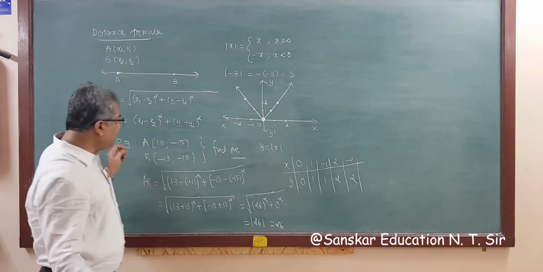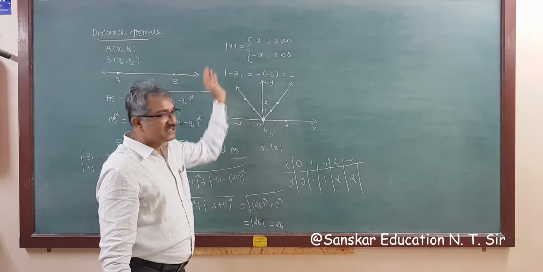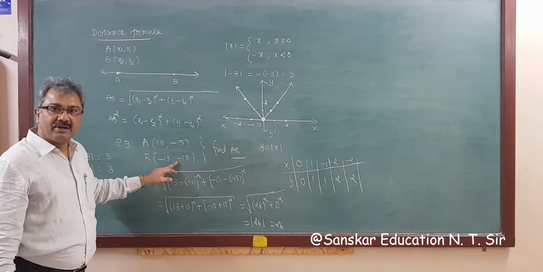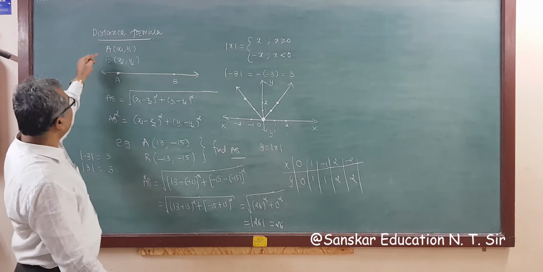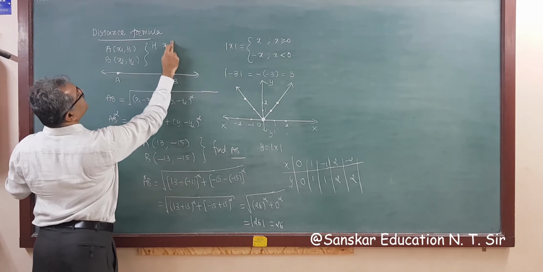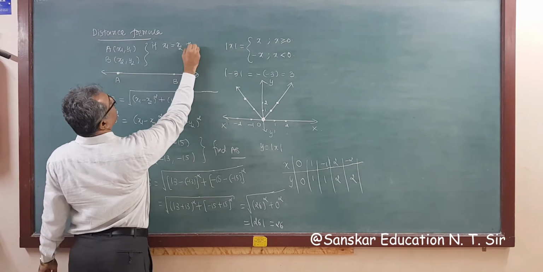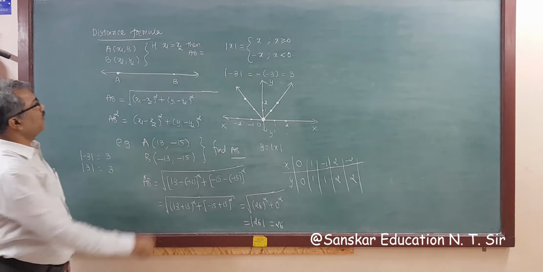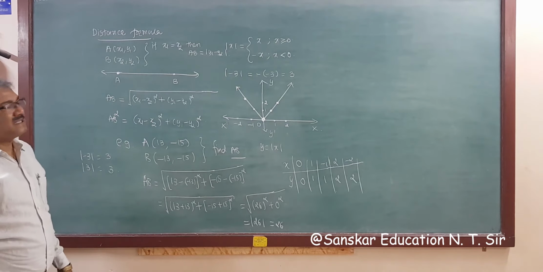Right? Now again back to the distance formula. See what happened here. Modulus came up here, so we talked a little about modulus too. Again back to here. Here the y coordinate is same. So instead of doing this whole step, remember one thing. In A(x1, y1) and B(x2, y2), if x1 is equal to x2, then AB is equal to modulus of y1 minus y2.